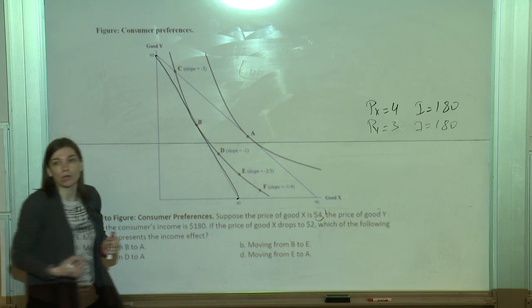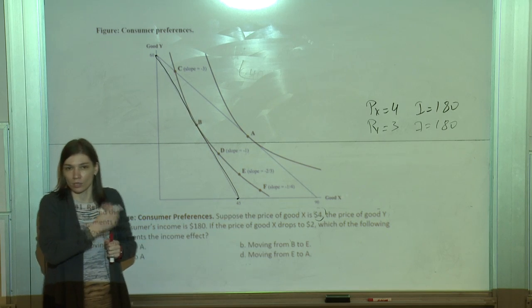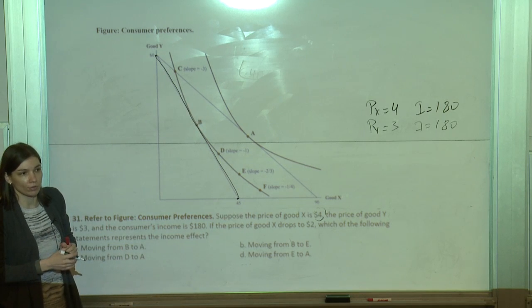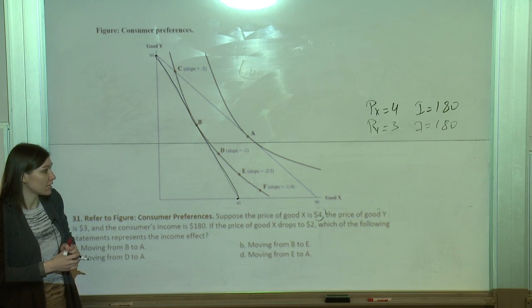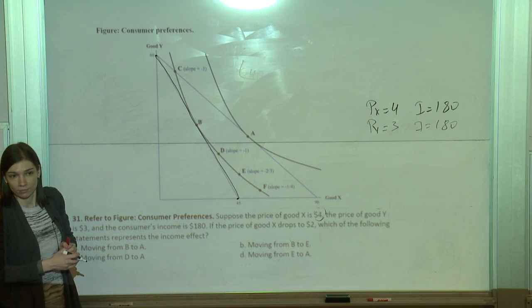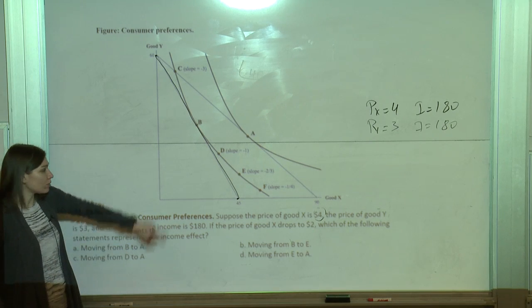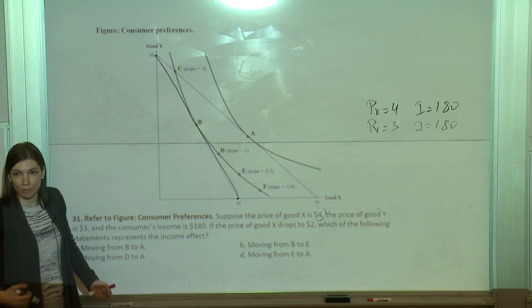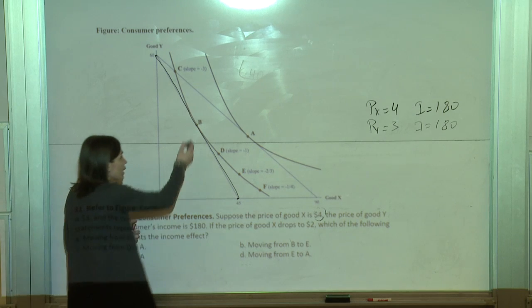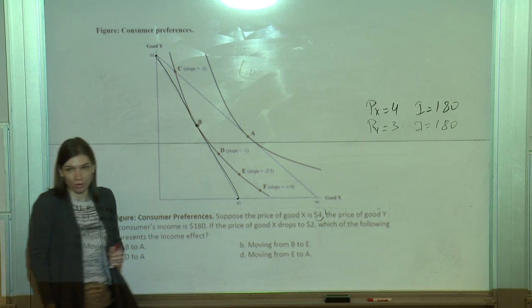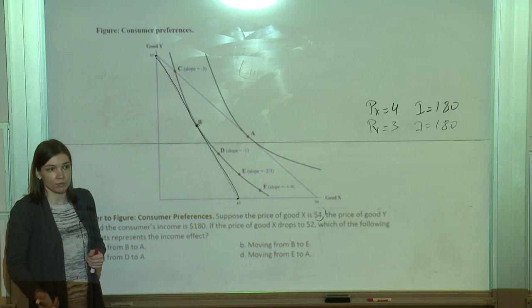What bundle are we consuming initially? What bundle of goods? Which one? A, B, C, D, E, and F. Initially, right now, that's our budget line. Which bundle are we consuming right now? B, right? By definition, the optimal consumption bundle is the one where the marginal rate of substitution is equal to